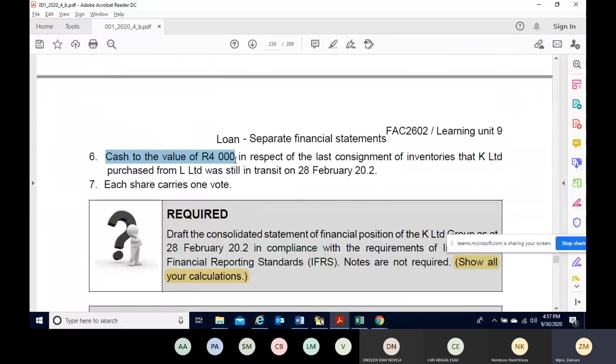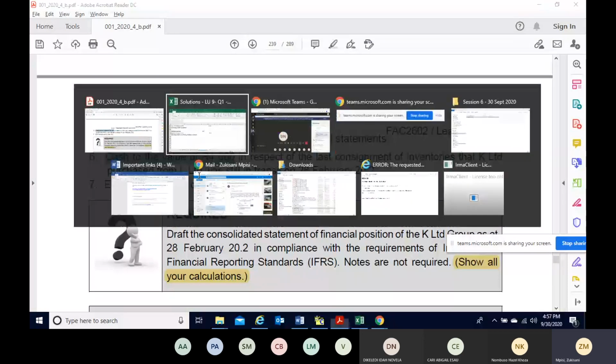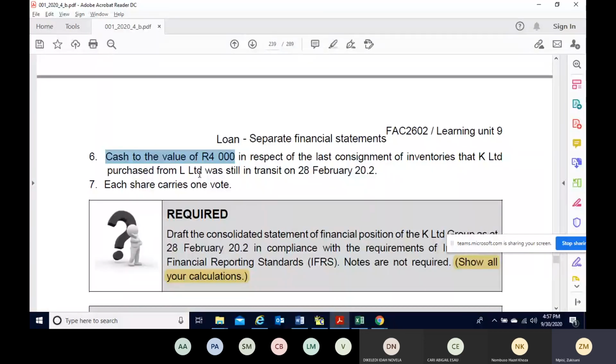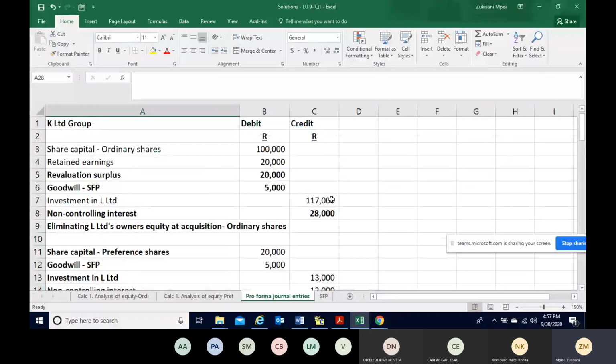Cash to the value of 4,000 in respect of the last consignment of inventories that K Ltd purchased from L Ltd was still in transit. So who's the purchaser? K purchased. So K in this case owes L Ltd. K owes L Ltd the 4,000 for the inventory. So this means in the private separate financial statements of